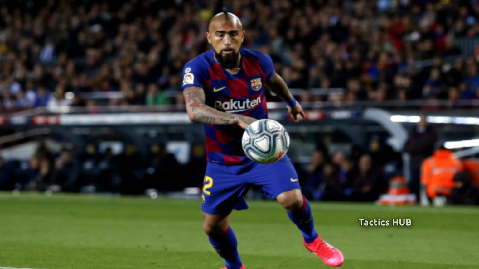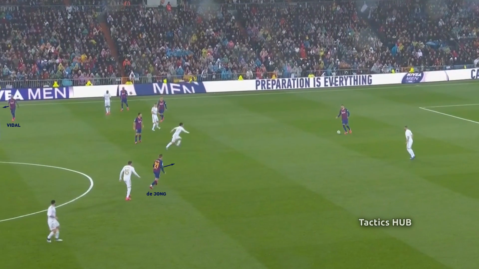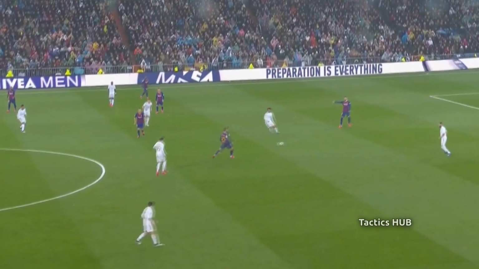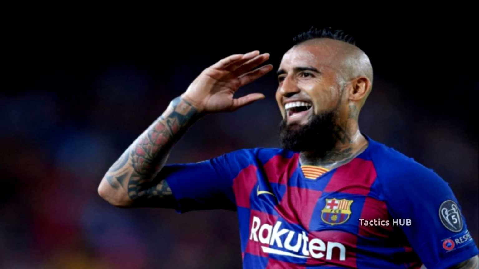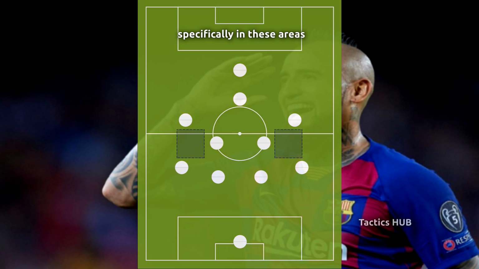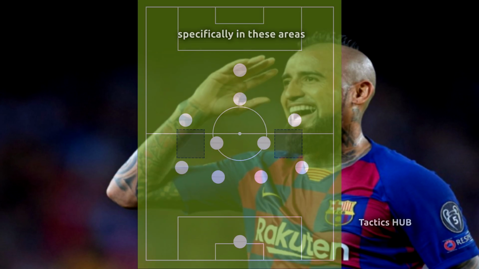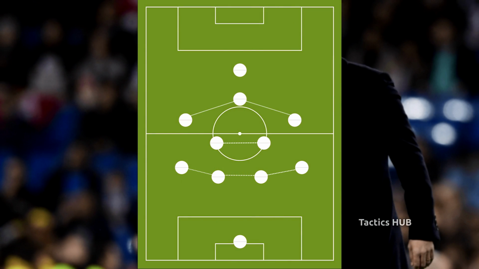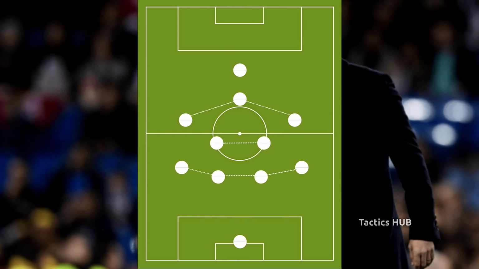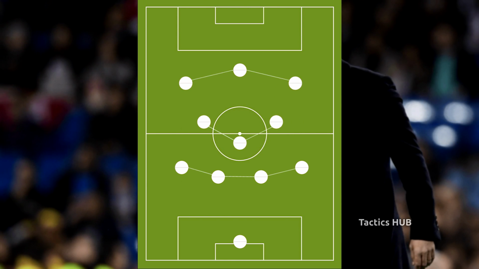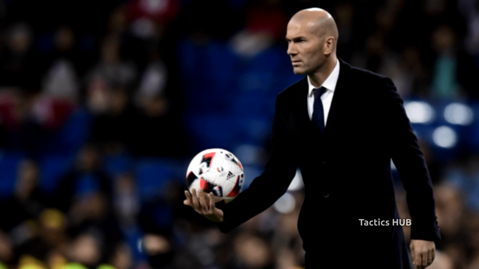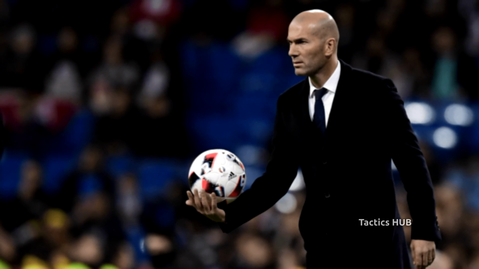It was mainly Vidal who was given the freedom to advance up the field, as De Jong regularly came back on the left side. This is because Vidal was specifically tasked to disrupt Real Madrid's defensive shape. Setien wanted Vidal to play in between the lines, since he knew Zidane would go with the same formation he always chooses when facing a strong team, which is a variation of his usual 4-3-3. Zidane's tactics deserve a video on its own, so I'll keep it brief for now.